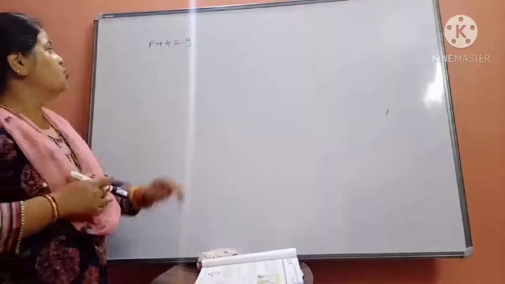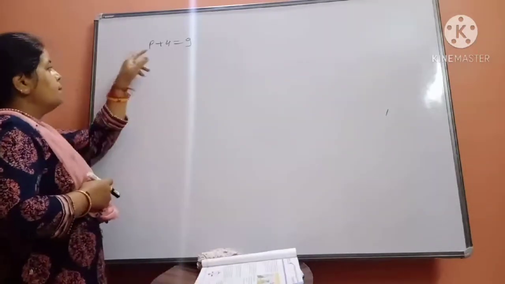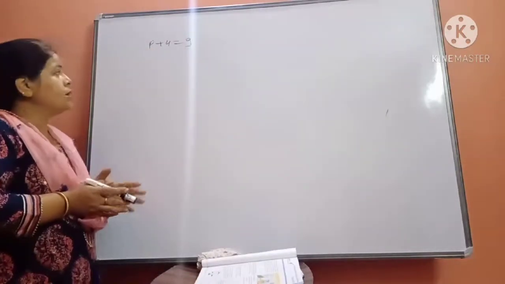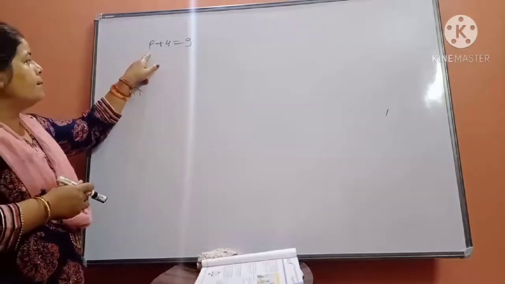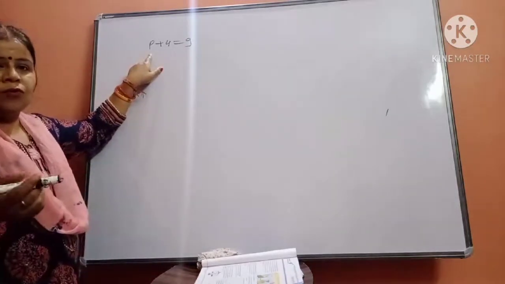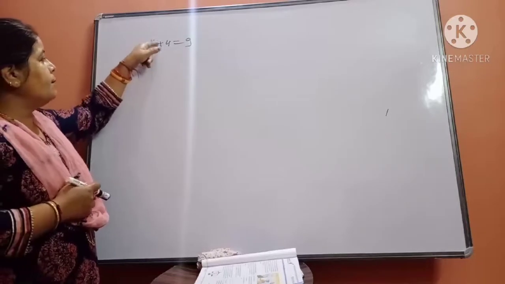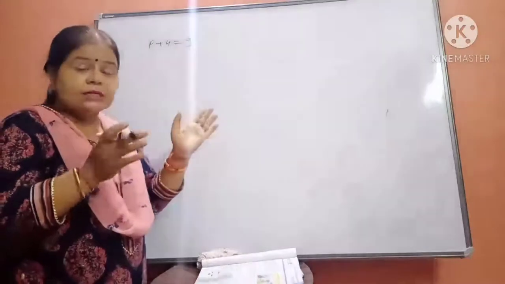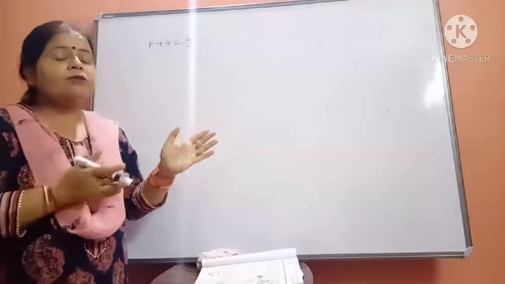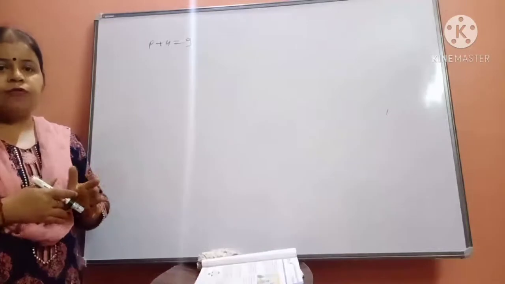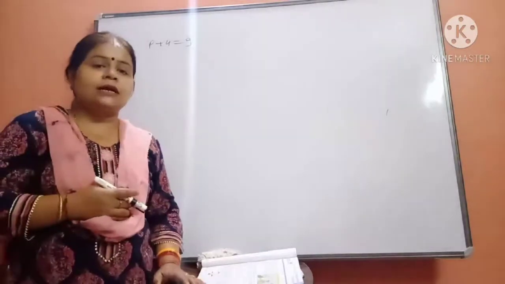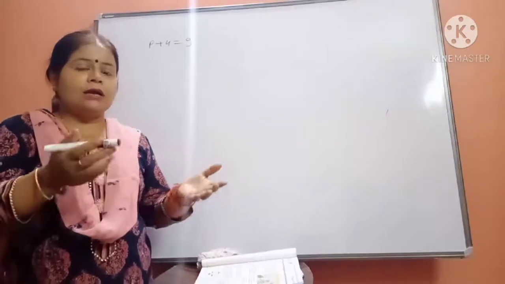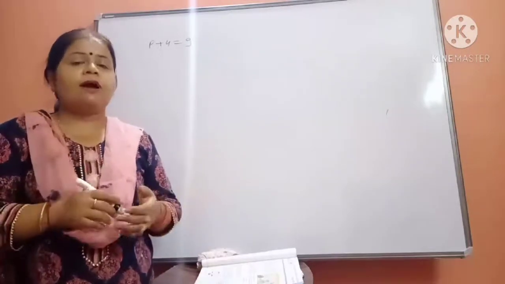Just listen, how can we do this? Mathematically, what is the meaning behind it? A number we don't know, that p means unknown value, if 4 is added to it, it gives us 9. You have learned these kinds of problems in the last chapter, chapter number 7, where sometimes you framed sentences for a given equation, or an equation was given and you found the equation for a sentence.